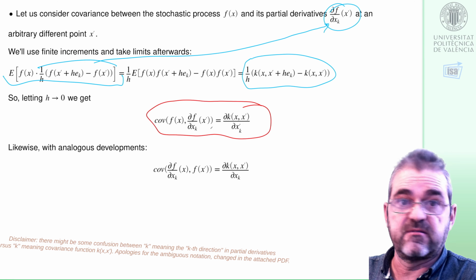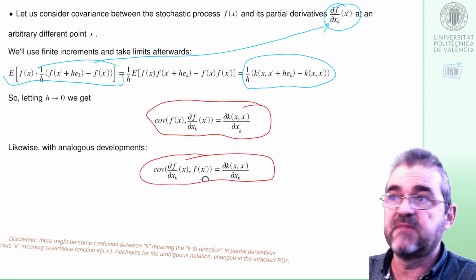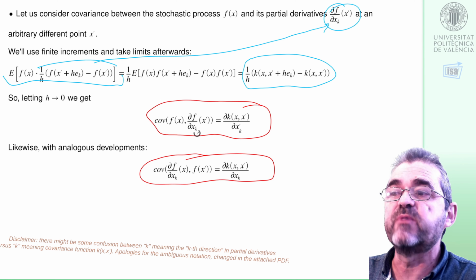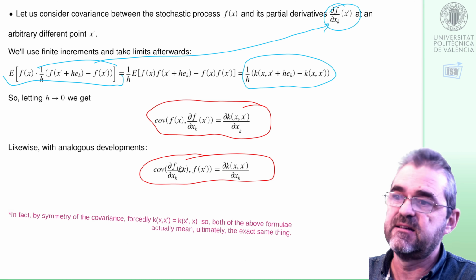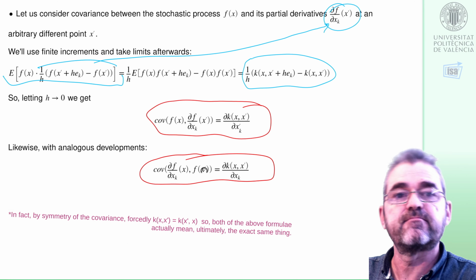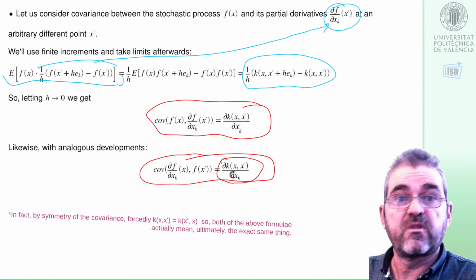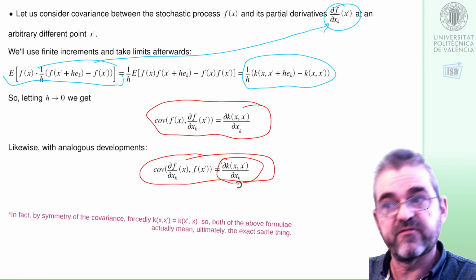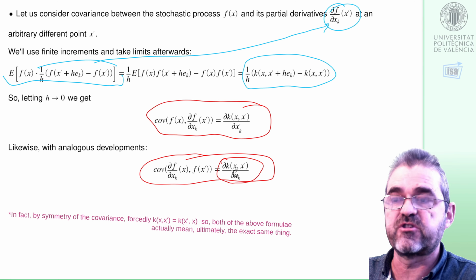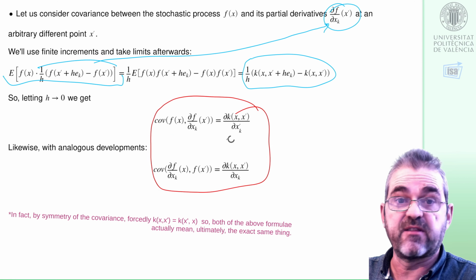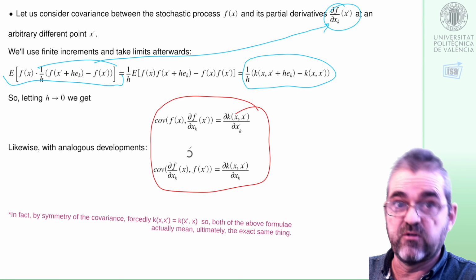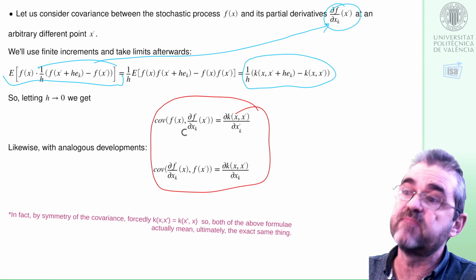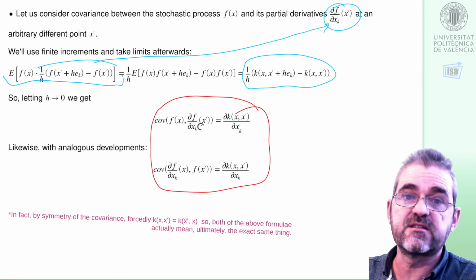This is the main result. And it's an easy exercise to show that if we had considered the covariance of the derivative of x and f at x dot, we would have obtained the partial derivatives with respect to the first argument of the covariance function. So these are the formulas, the first derivatives of the covariance function, which give me the statistical covariance, the correlation between a stochastic process and its derivative.